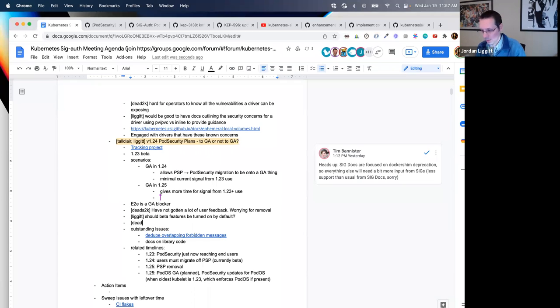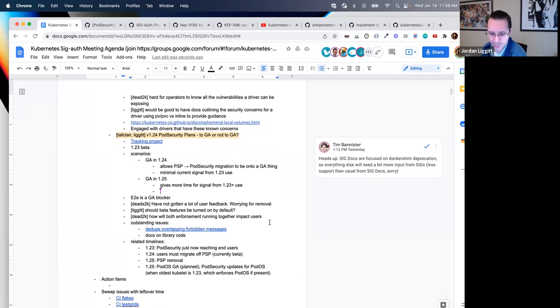Okay. I think if the main thing we're waiting on is signal from users, especially users trying to manage migrations, we should actively seek that out during this cycle so that if there are changes that would be helpful or need to be made, we could work on those while in beta and try to deliver things in 124.